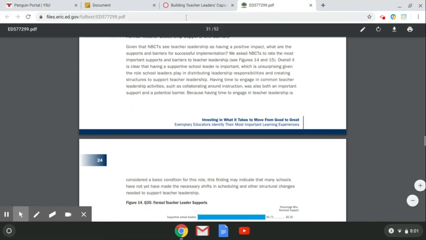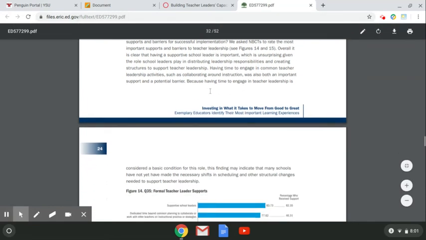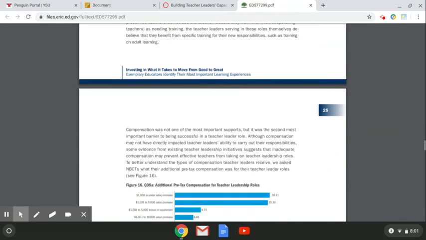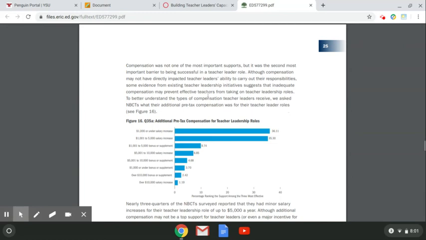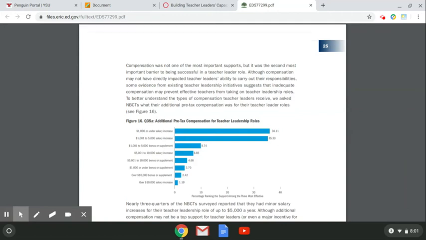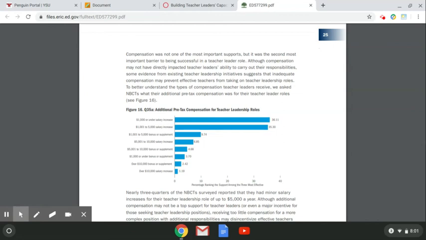They also talk about some teacher leadership supports and barriers, which I think is kind of cool, and they go through some of those. And then as you scroll down here, they talk about compensation, which has been an interesting conversation in our own school district, where we have talked about how much do we pay teacher leaders, and formal teacher leaders in this case. In our case, and we're thinking about down the road, our department chairs, for example, at our high school, their compensation is time compensation.